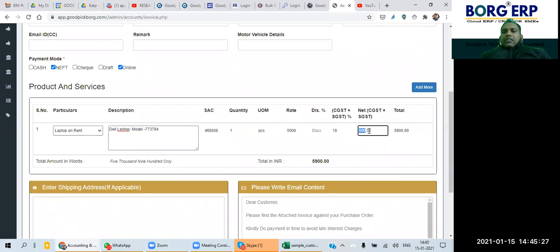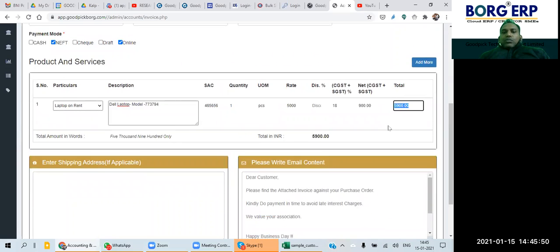It has displayed the total amount. It means the 18% of this amount is the GST payable amount. This is 900, and total means the product value plus GST. So this is 5,900.